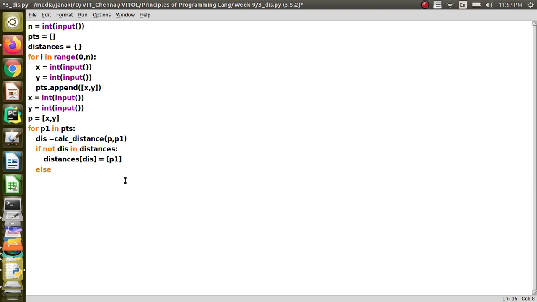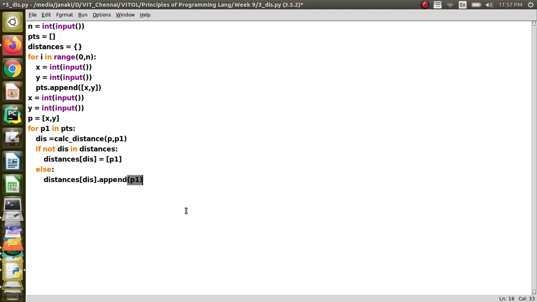Else, otherwise, in this case, it is already present in the dictionary, right? So when I say distances of this, I will get a list, a value, since the key is already present, and I am going to append P1 to that list. This is the idea.